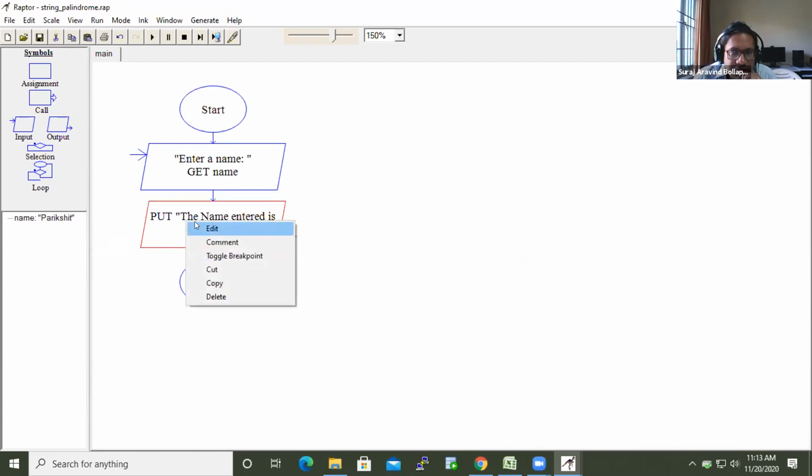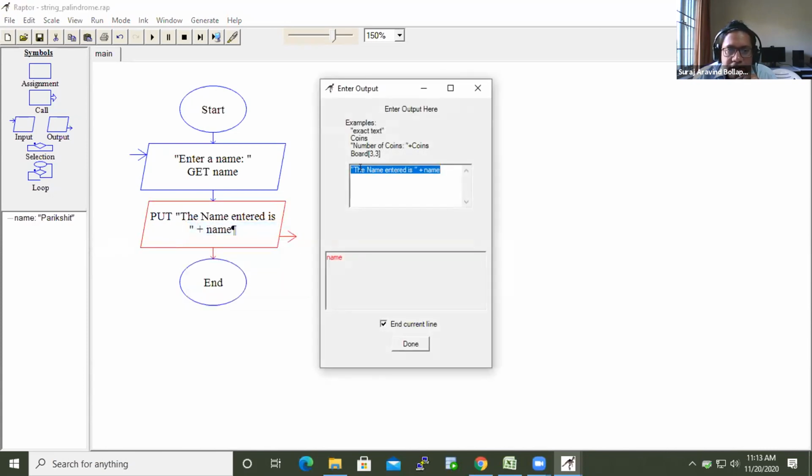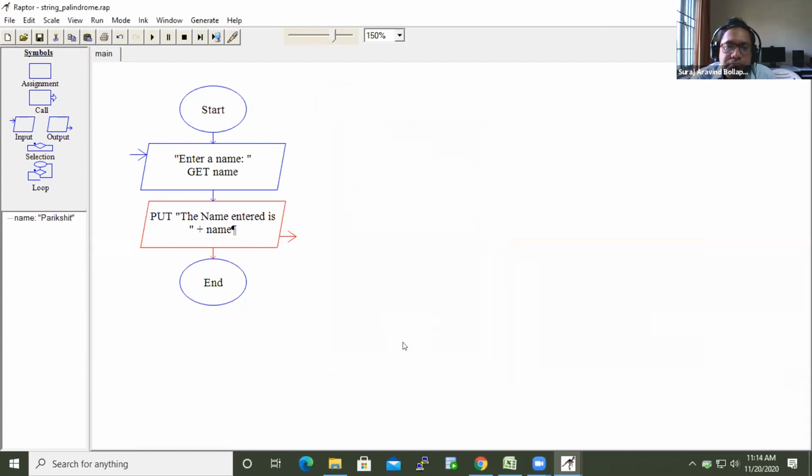If I modify this, the character at location 1 is, if I say name of 1, just like I put it as an array, whether it works or not, I'm just checking. Save it, run.